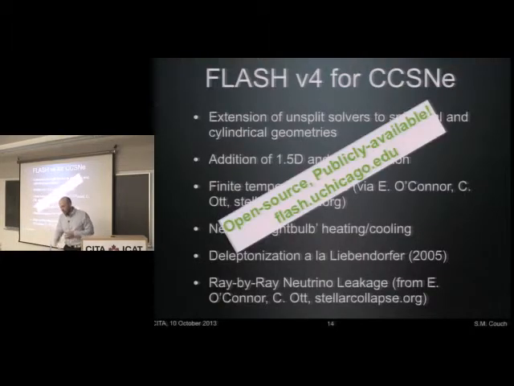And an important thing is that it's open source and publicly available, and all the code that I have developed for doing core collapse supernovae eventually finds its way into the public release version. There should be a release this month at some point, and I plan, if I get the time to do it, for all the code that I use to do the simulations I'll talk about today to be in that public release version, so you can go and try it yourself, see if I'm telling the truth.